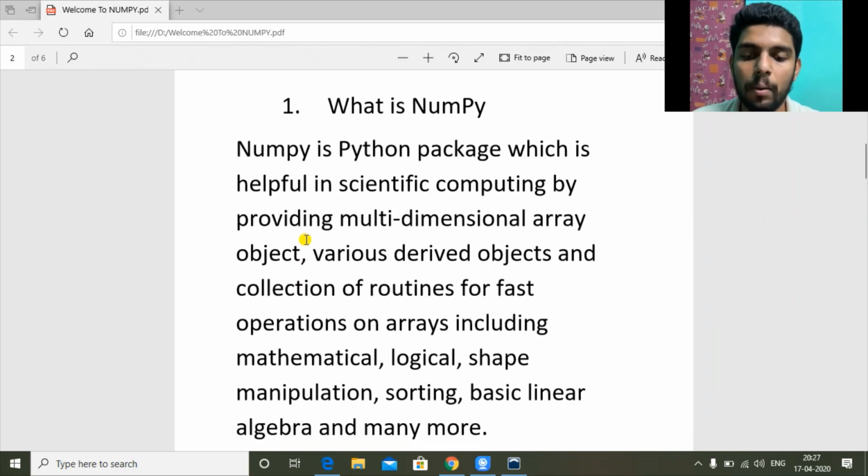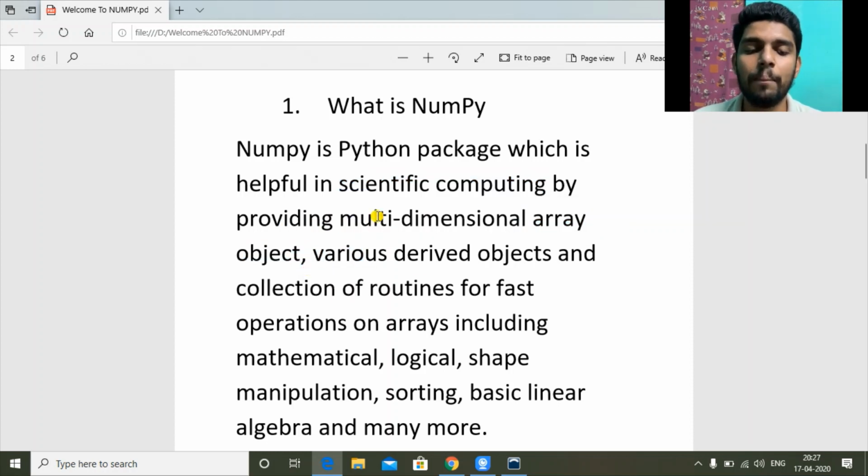NumPy is a Python package which is used for scientific computing by providing multidimensional array object, various derived objects and a collection of routines for fast operation on array, including the following operations. So the important thing here is scientific computing and multidimensional array objects.